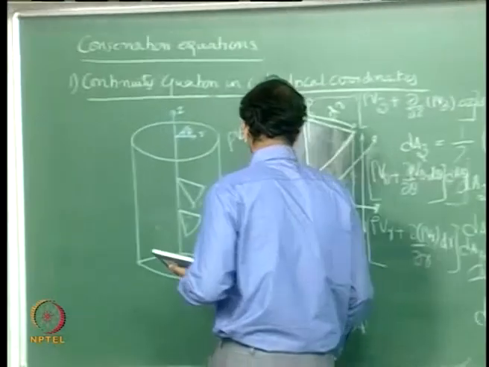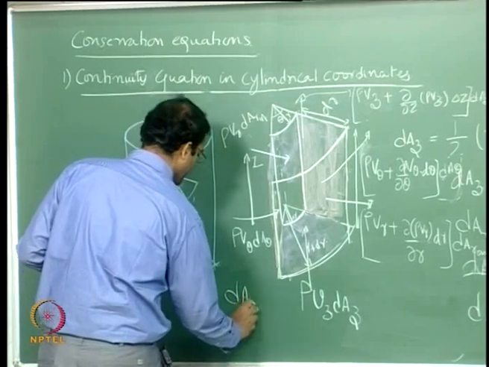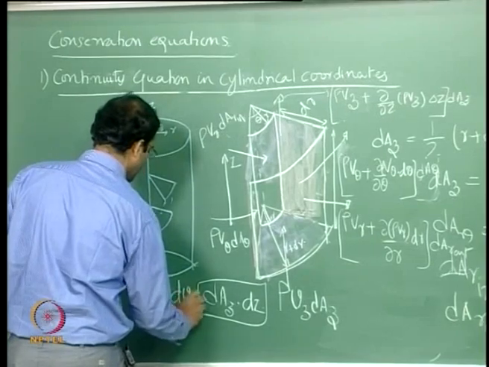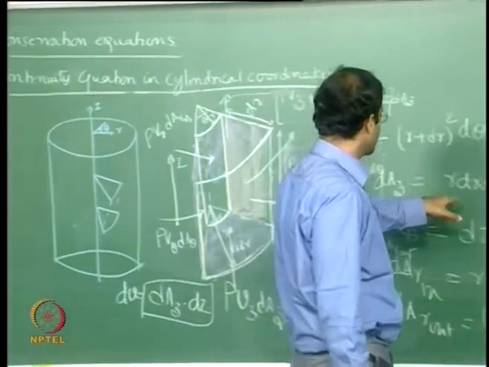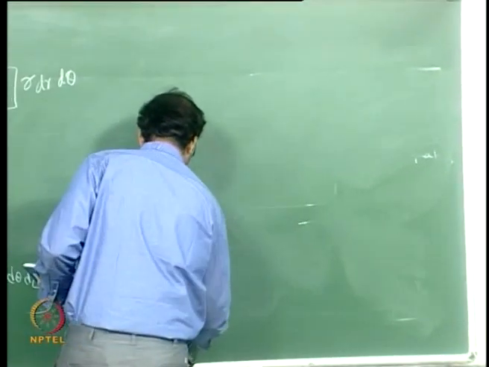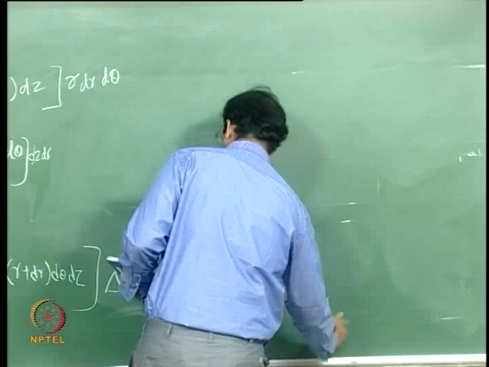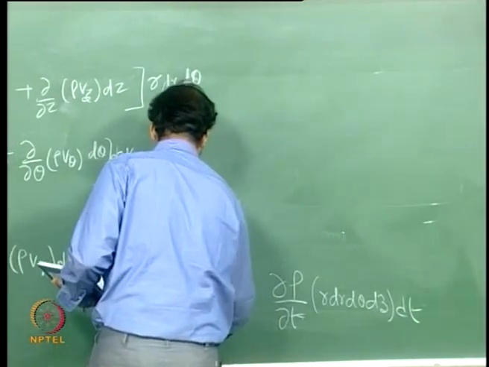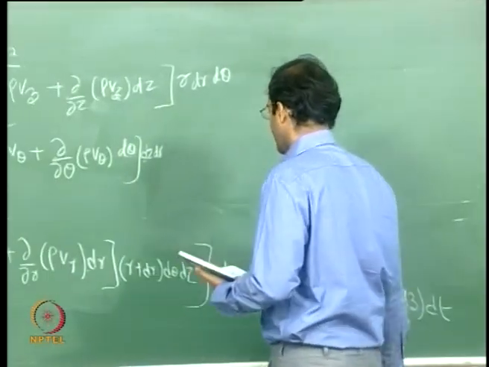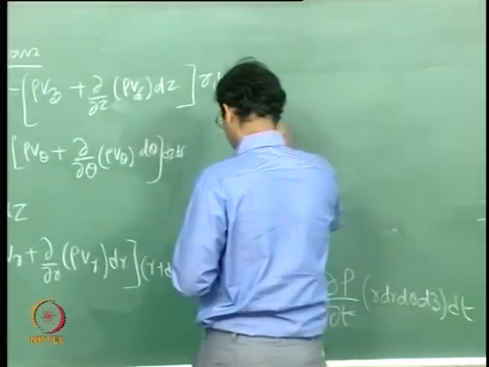Here if you look at, this will be dAz into dz. So this will be the total differential volume of this control volume. Already we have seen dAz is r dr into d theta, so therefore the entire control volume will be r dr d theta into dz multiplied by dt, or delta t, which will give me the corresponding change in the mass. Okay. So now you can knock off the common terms. If you do that, you will end up with the final expression,